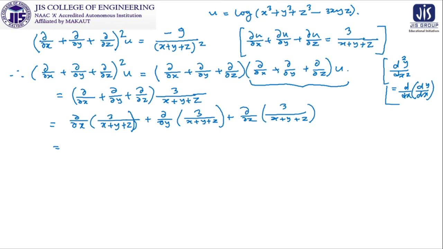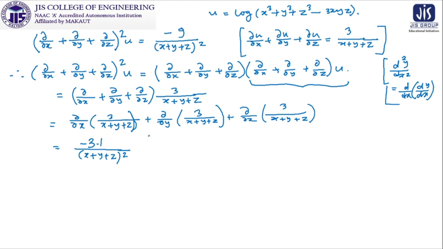As 3 is constant, 3 will be taken outside. First of all, this x plus y plus z, as it is in the denominator, it will be squared. Then 3 is in the numerator, or you can consider 1 is in the numerator. So 3 will be differentiated with respect to x, it will be 0, and the remaining x plus y plus z will be there, so it is ultimately 0. Then there is a minus sign, 3 will be kept as it was, and x plus y plus z will be differentiated partially with respect to x, so it will be 1.